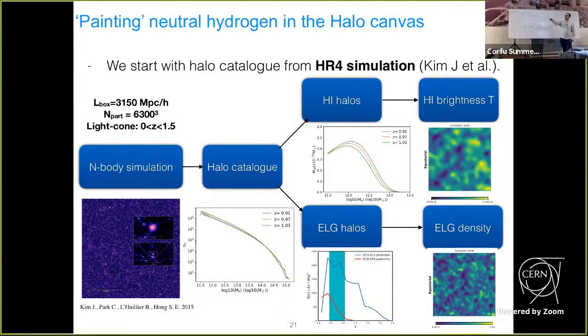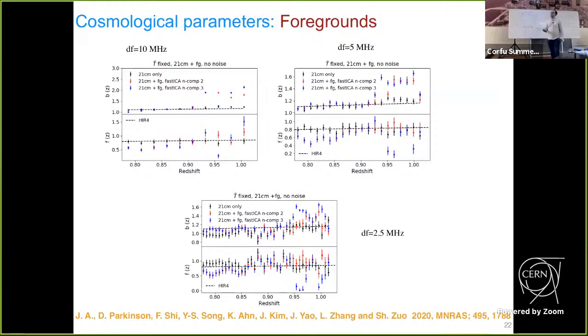Why? Because, as you will see, there is a problem with 21 centimeter: we have what we call the foregrounds, which is emission from, for example, our own galaxy in synchrotron emission. We consider foregrounds and noise too. And what we did here was a fit to the growth rate of structure. Obviously, the simulations were lambda CDM, so what we recover is lambda CDM. But as you can see, even with foregrounds, we apply some foreground removal. Foreground removal techniques have an impact on the larger scale modes distribution,